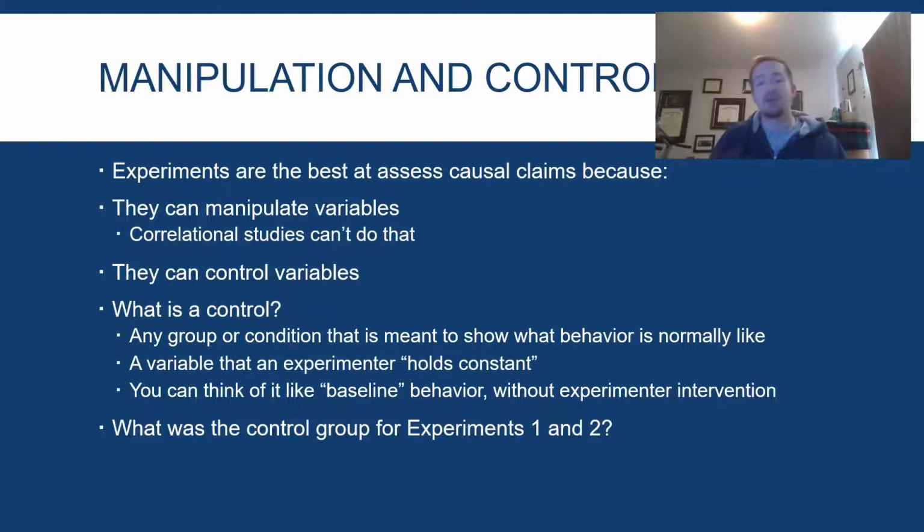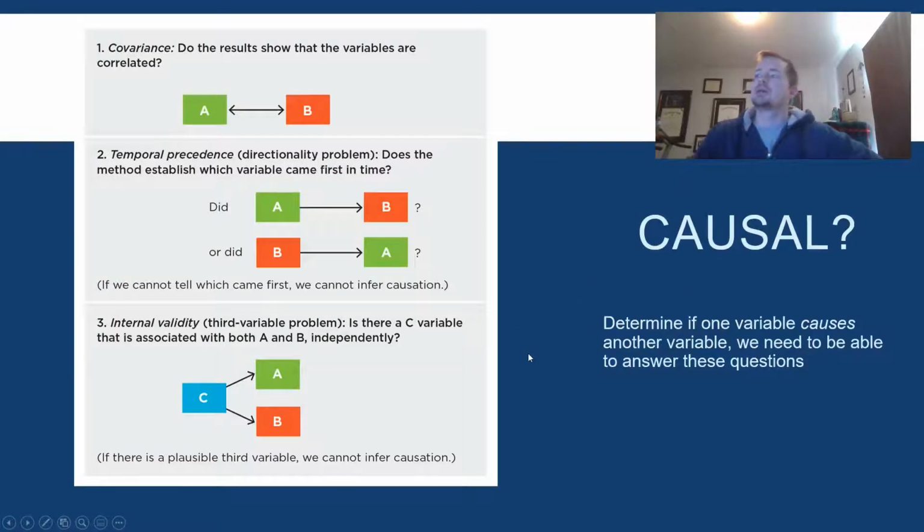That might be one thing that you could bring up as well: this isn't exactly a control condition, right? Because we don't know what their behavior would be like before we got involved. We don't know a lot of things, and that's what this video right here is all about. So looking at the 3 different criteria for causal connections, which we talked about last chapter.